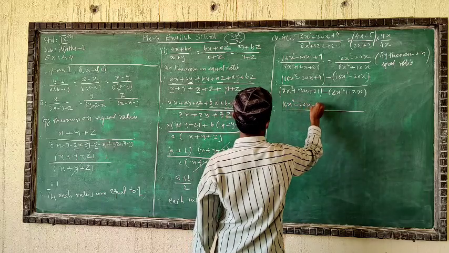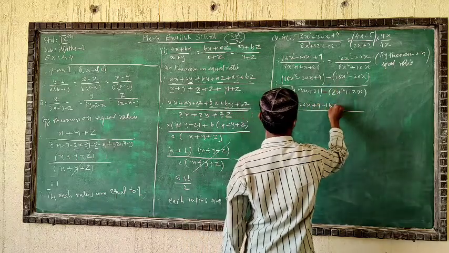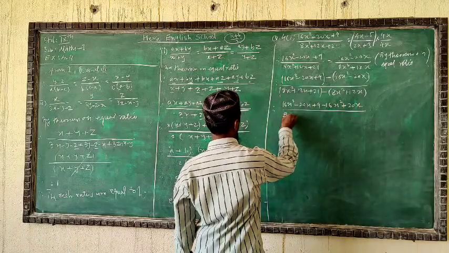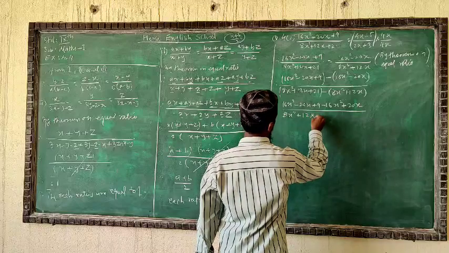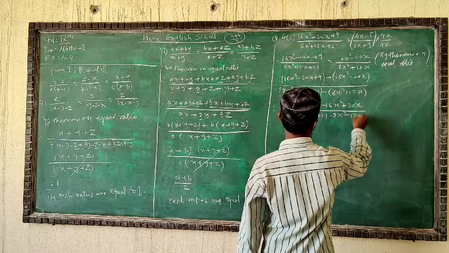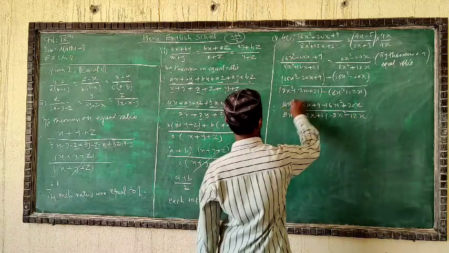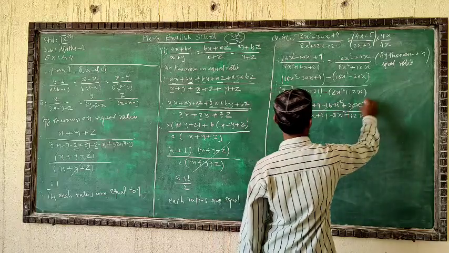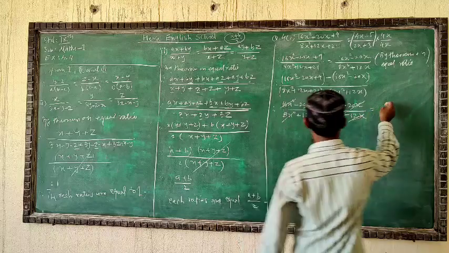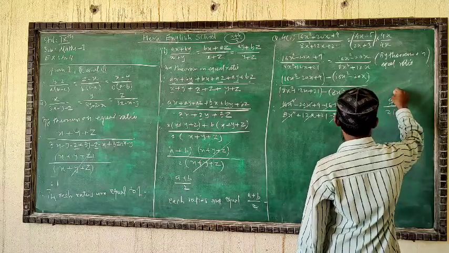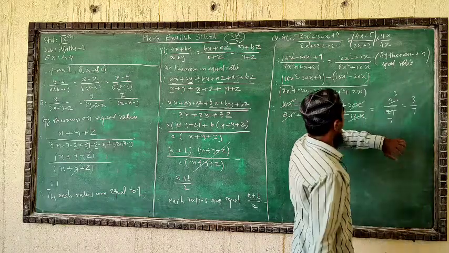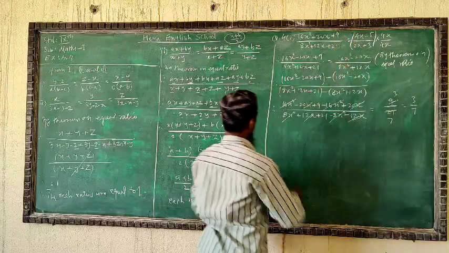16x square minus 20x plus 9 plus minus minus 16x square, minus minus plus 20x. Downside 8x square plus 12x plus 21 will be as it is, plus minus minus 8x square, plus minus minus 12x. Now cancellation is here: minus 16 plus 16, minus 20 plus 20, plus 8 minus 8, plus 12 minus 12. Cancel, you will get 9 by 21. 3 3s are 9, 3 7s are 21. You have 3 upon 7. We got this 3 upon 7 by managing this fraction, so it will be equal to this one.